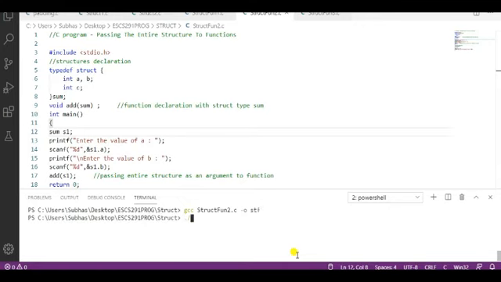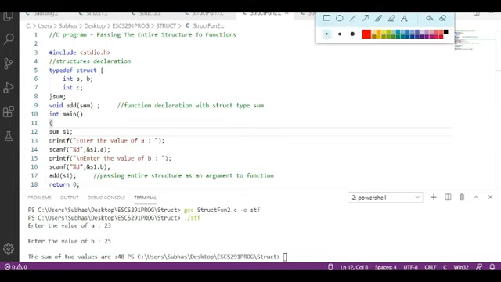Compilation is done. So let me execute stf. Enter the value of a, for example 23, enter the value of b, for example 25, and I am getting 48. So that is how to pass the entire structure as a function argument.